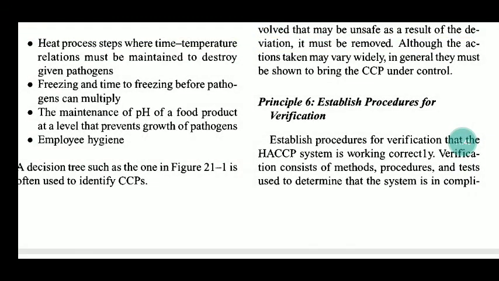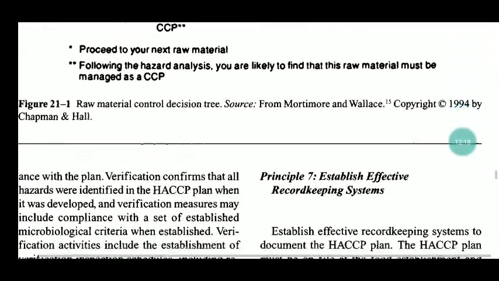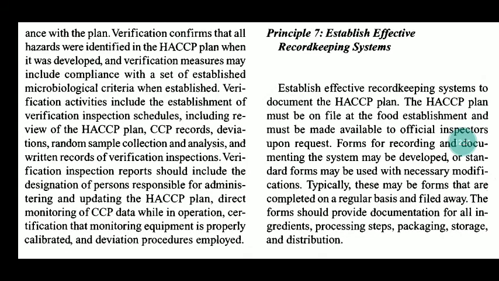Okay. Now, the sixth principle is to establish procedures for verification. So in the sixth principle, we establish procedures for verification. Whatever process we have done, from hazard condition checking to giving its CCP point, giving its critical limit, and then the action we took for removal of hazards, the whole procedure from start to end, we are going to verify the methods, procedures and tests to determine whether the HACCP principle is being followed properly or not.